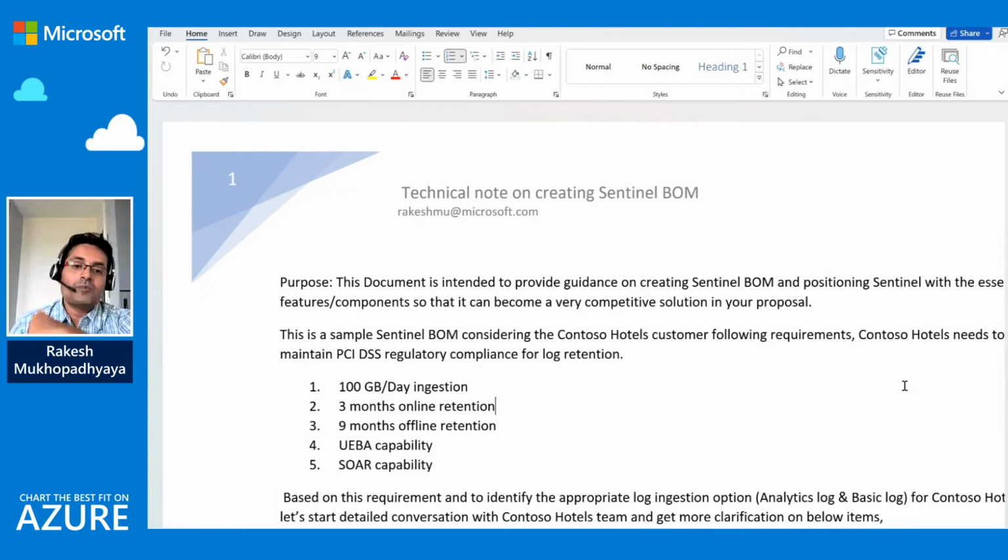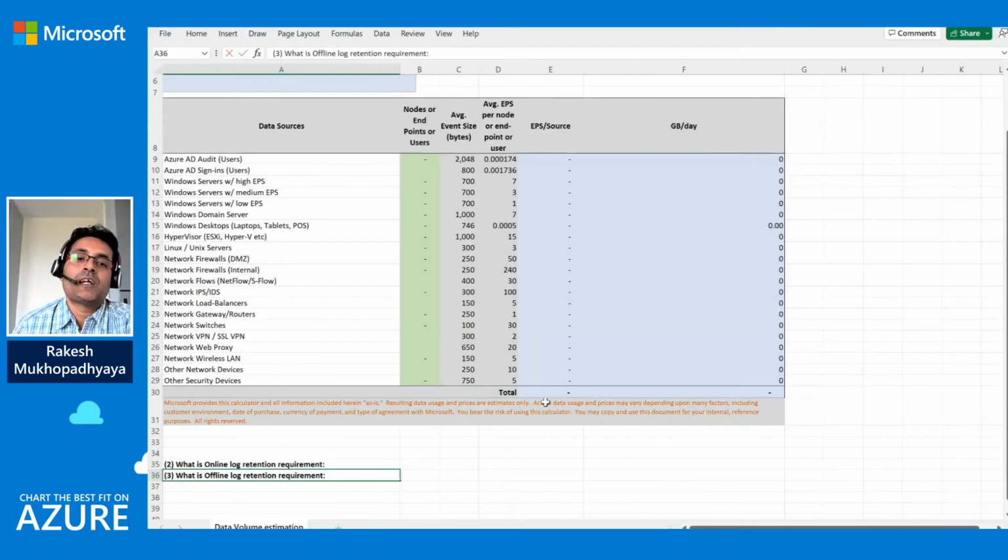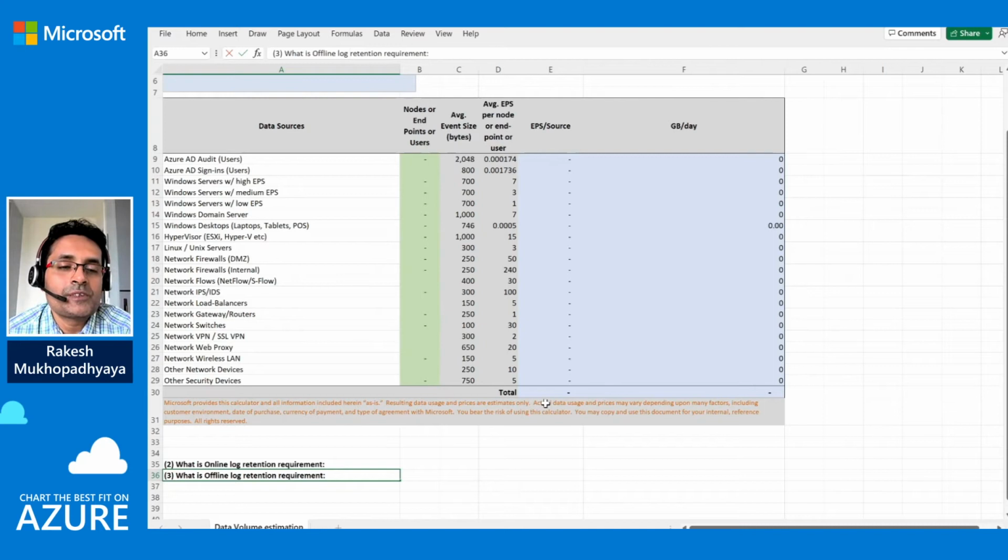Now how do you estimate the ingestion, right? So we have this specific calculator. It is basically a spreadsheet where on the left hand side, you have the different devices listed here. So when you speak to your customer, try to get as much granular information as possible.